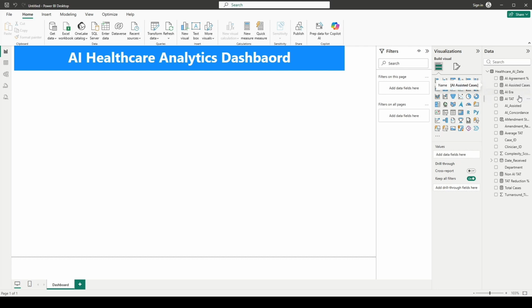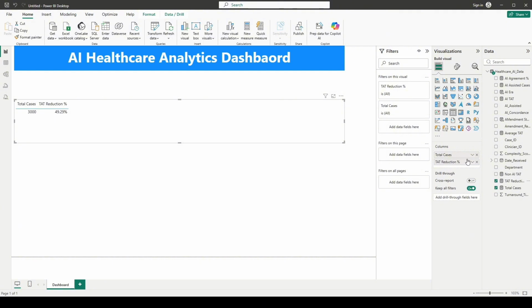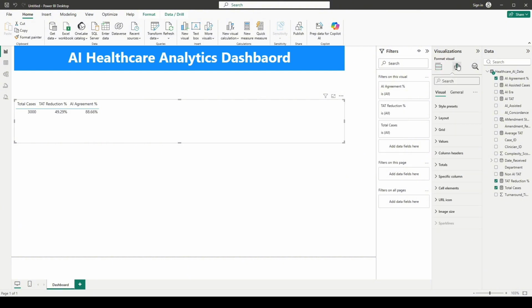We could go ahead and add our total cases, and the TAT reduction percentage right here, and the AI agreement percentage. And we could go ahead and edit